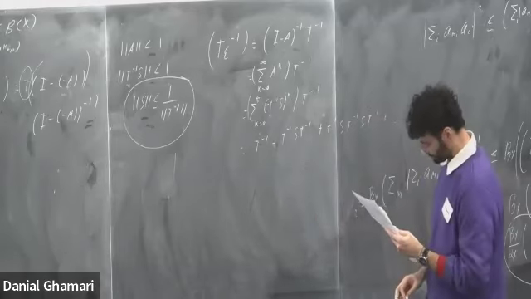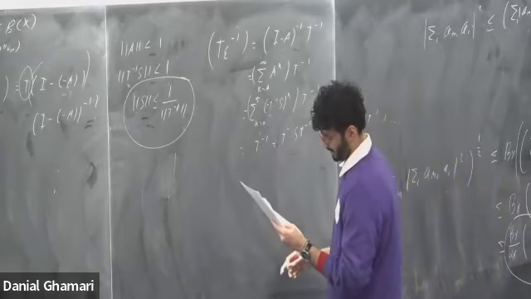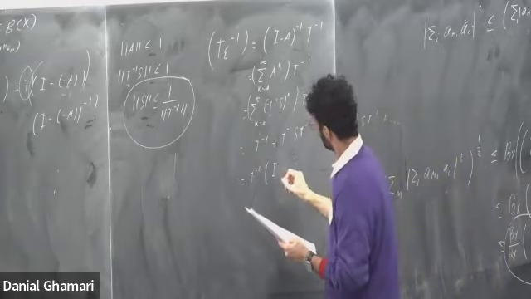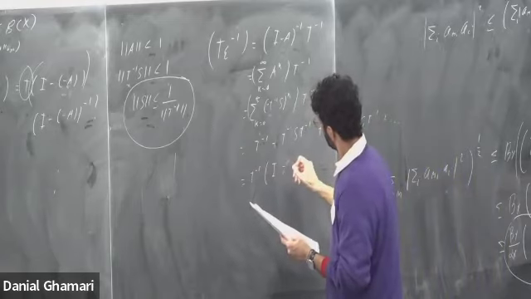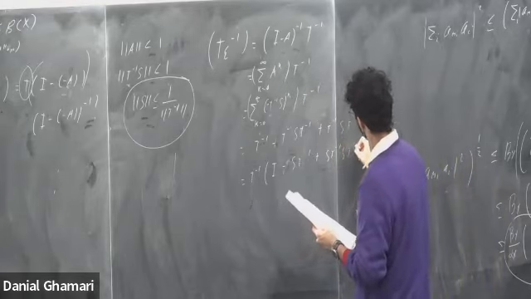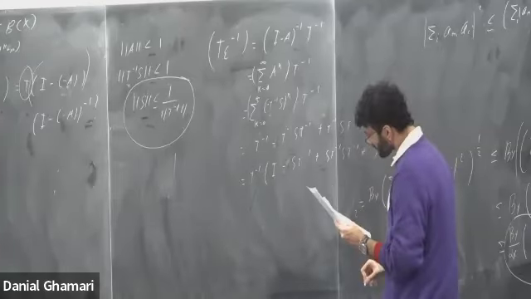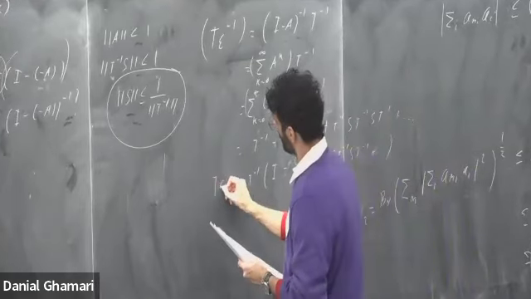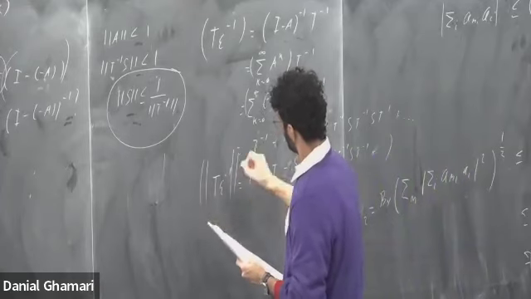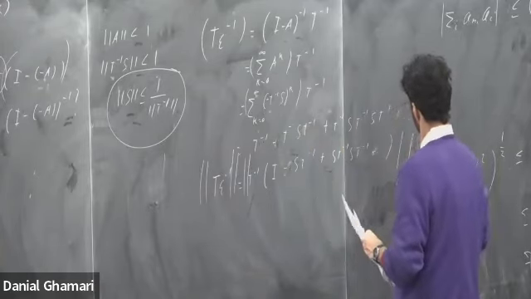It just keeps going on. Then what we can do is pull out the T inverse from the left-hand side. This is equal to T inverse times the identity plus S T inverse plus S T inverse S T inverse, minus dot dot dot, with the signs alternating. And then this is T sub epsilon inverse. And then we can take the operator norm of this.